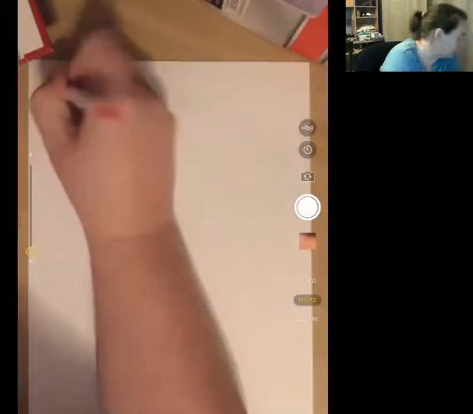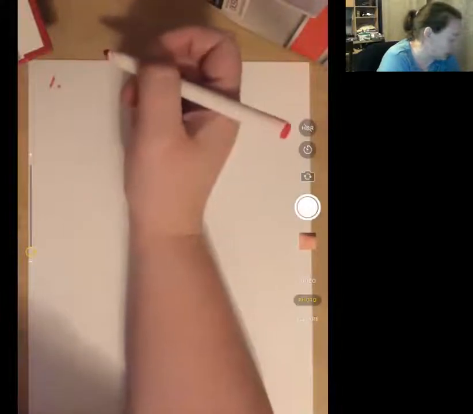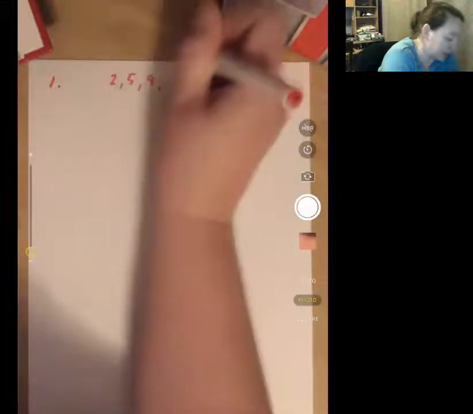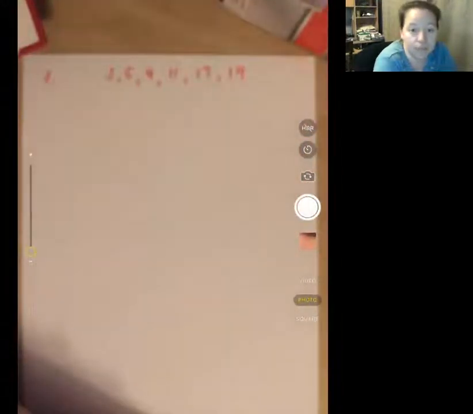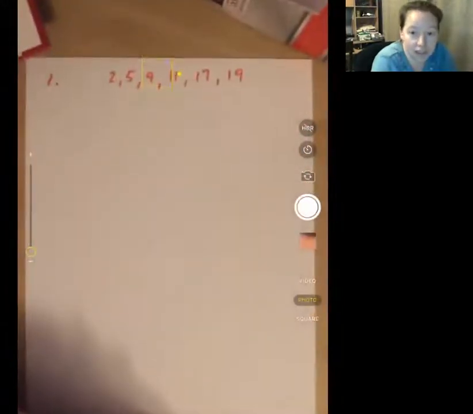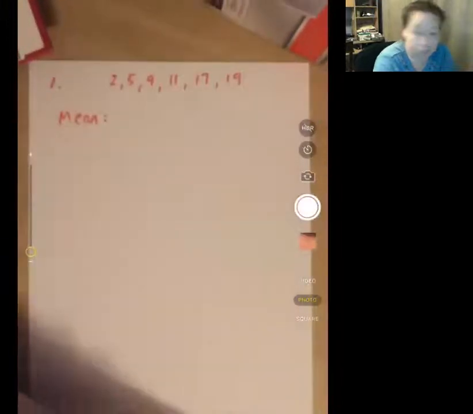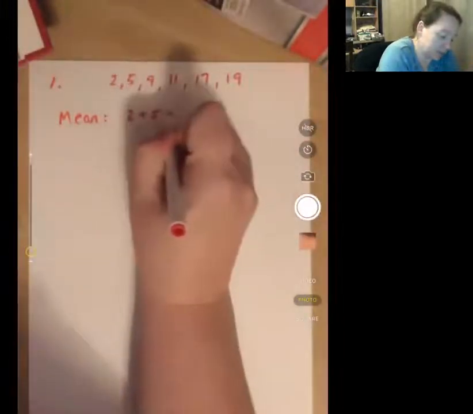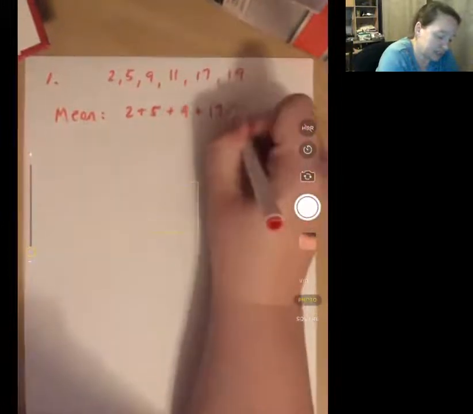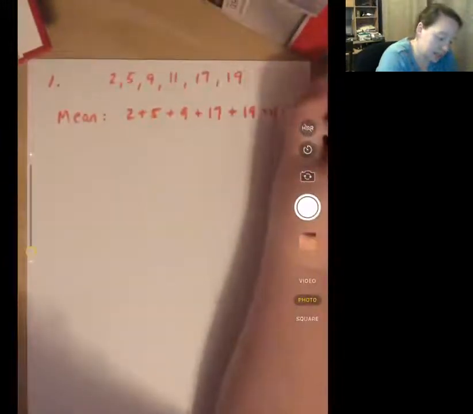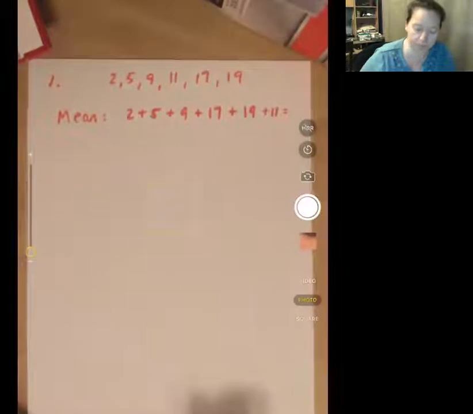Number 1, find the mean and median of this data. So it's giving me 2, 5, 9, 11, 17, 19. The way that we find the mean is by adding all of those numbers together. So 2 plus 5 plus 9 plus 17 plus 19, oops, I missed the 11, plus 11 equals, and we